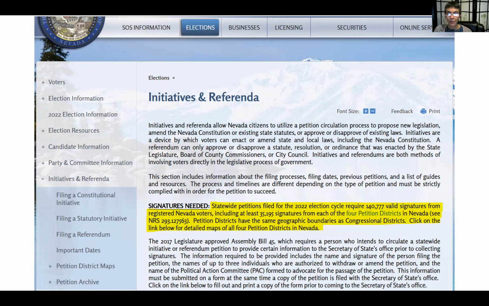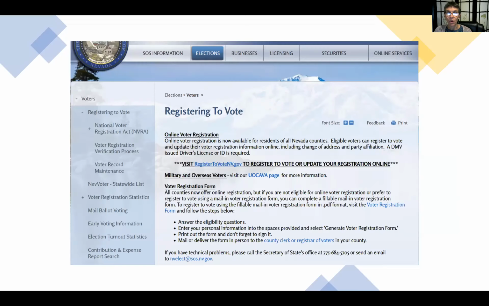So if you're out and you're talking to folks about maybe signing a petition to get a ballot question on the ballot in the next election cycle, one of the things you're going to need to do is ask, are you a registered voter in the state of Nevada? If the person says no, or I'm not sure, but I would like to be, I'd like to verify so I can sign your petition, you can go to